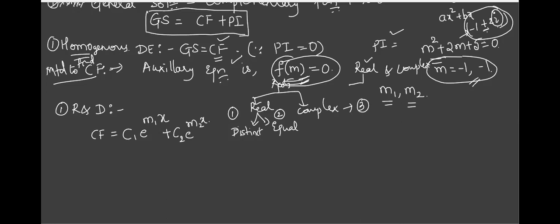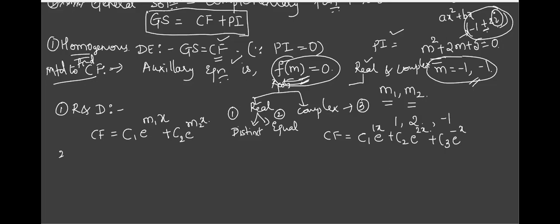So this is how you should write the complementary function whenever you have real and distinct roots. For example, suppose I'm getting the roots as 1 and 2. Tell me what is the CF for this? C1 e raised to 1x plus C2 e raised to 2x. Okay. Similarly, suppose you are getting one more root as -1, then what to do? C3 e to the power minus 1x. Very good. So this is like an extension. This is how you should write for the first case.